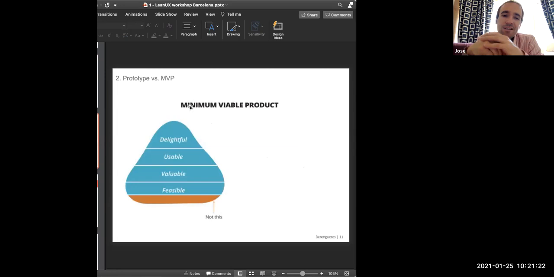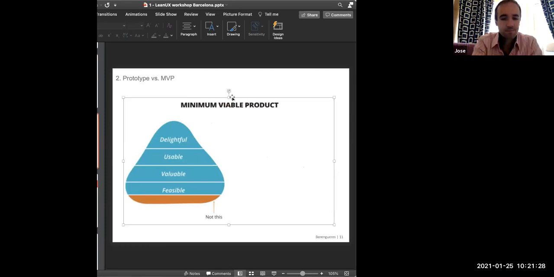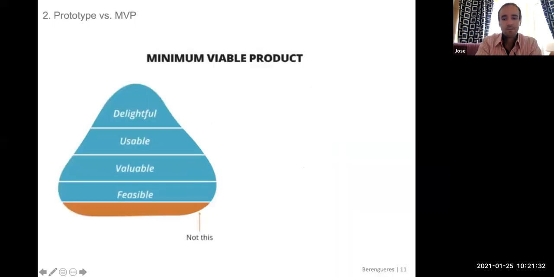There's another way to explain this. A typical mistake when building a prototype is to try to make it too perfect and too complete. Like when you build an app, don't try to build the whole app.